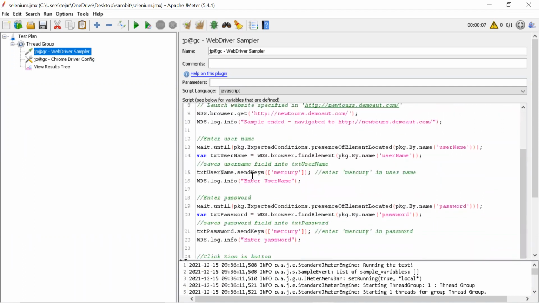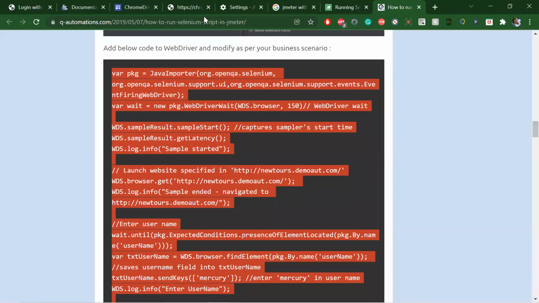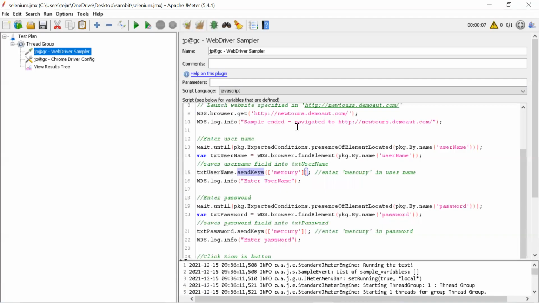And see, now here using the send keys. So send keys is the WebDriver method where you can send the data. So first we need to get the element, right? So how will we get the element? So let's take what URL they are using. Let's use this one. Control C.